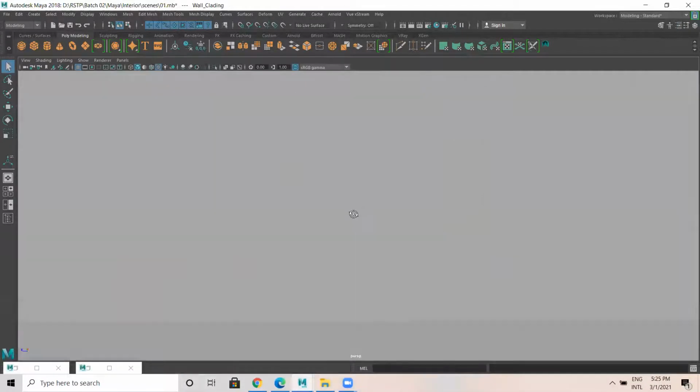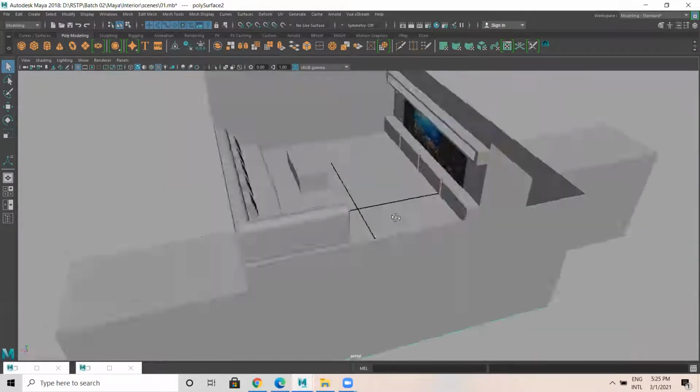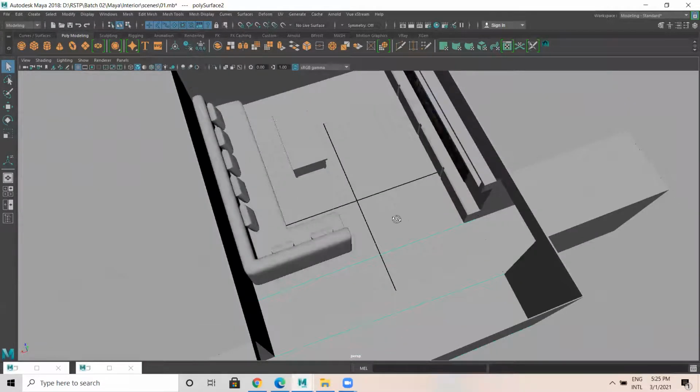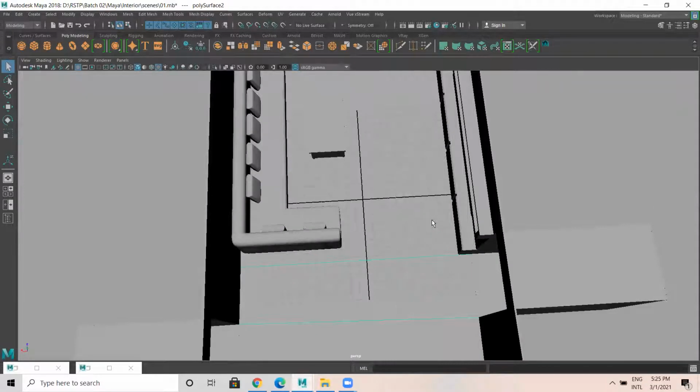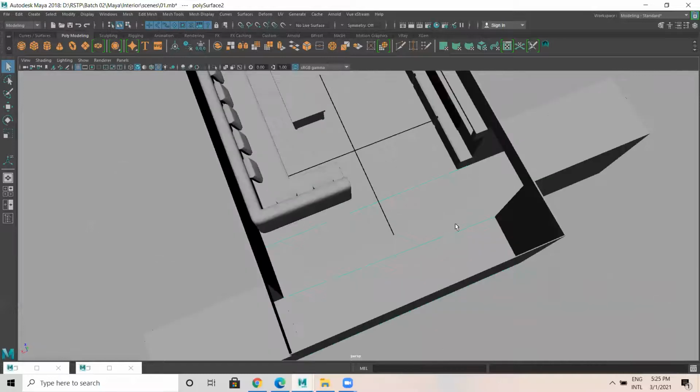So then let me go to the flow. So I'm selecting this. Okay, I need to unwrap this. Now tell me in which axis I have to unwrap this. In which axis you are able to see this one very clearly. It's top view. Top view is which axis?